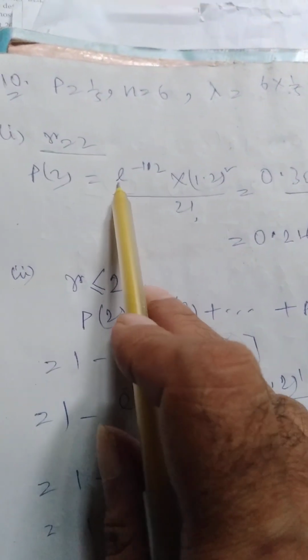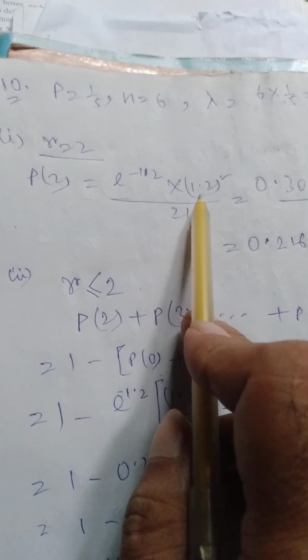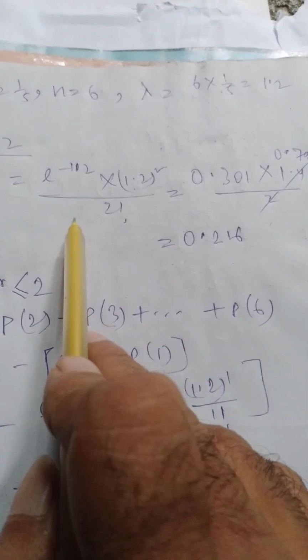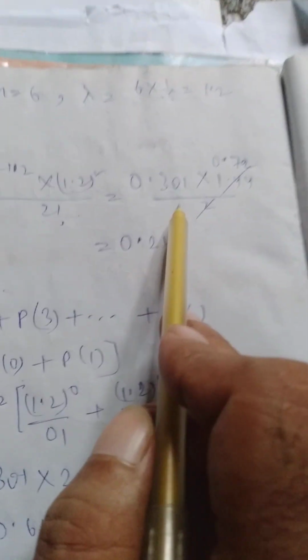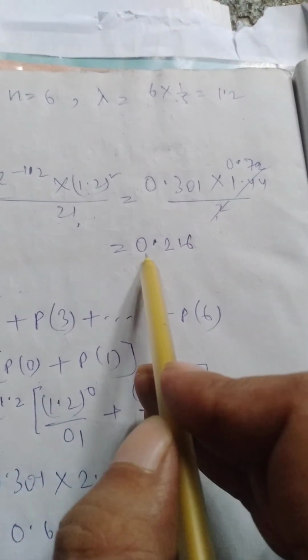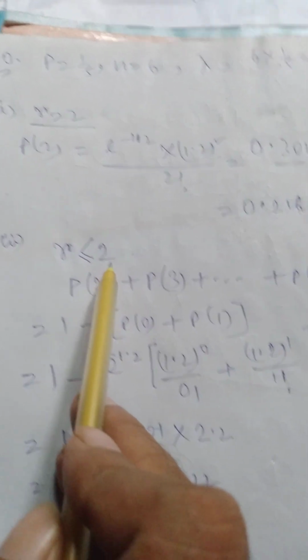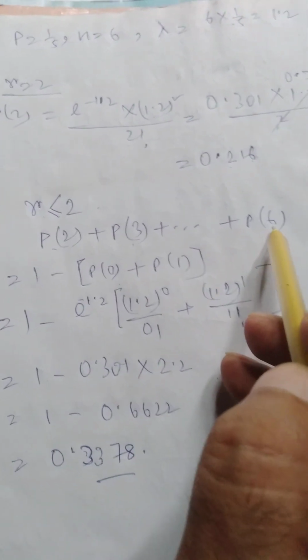So P2 is equal to e to the power minus 1.2 into 1.2 squared by factorial 2, which will make it 0.301 into 1.44 divided by 2, makes it 0.216. And for part 2, at least 2 will strike the target. So r is greater than or equal to 2, which will make it P2 plus P3 plus P4 up to P6,